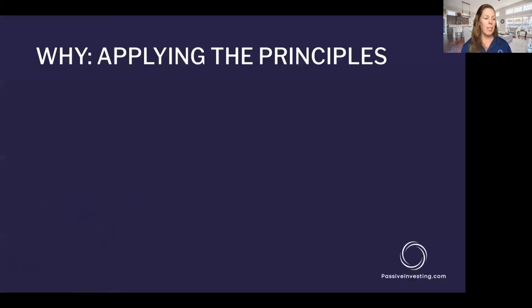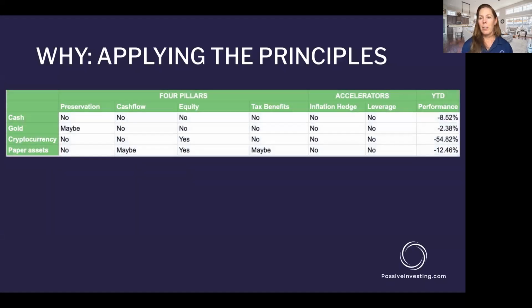Now, as promised, I was going to give you the math. But first, let's put this all together. This is what I love showing people: as we lay out these 4 principles and the 2 rules or accelerators, you see these assets really don't fill in the gaps very well. And year-to-date performance, they're coming down. Cash is losing 8.5%, gold 2.4%, cryptocurrency is down 54%, and paper assets have been down anywhere between